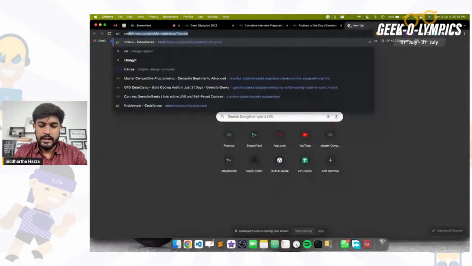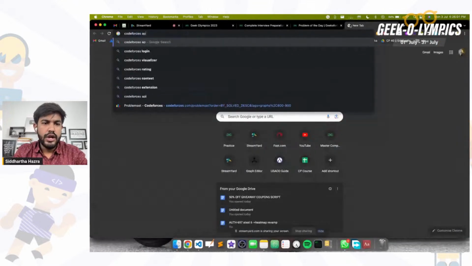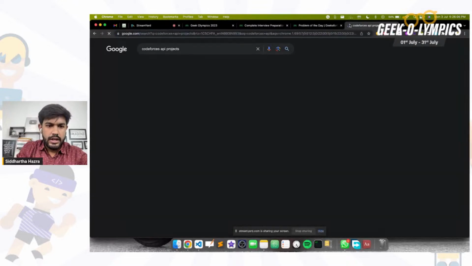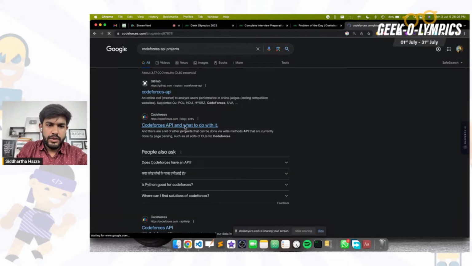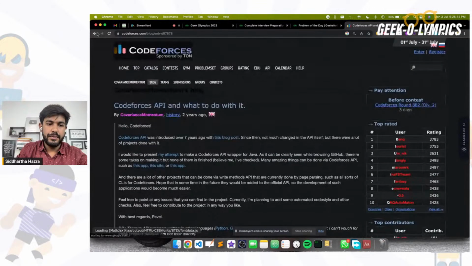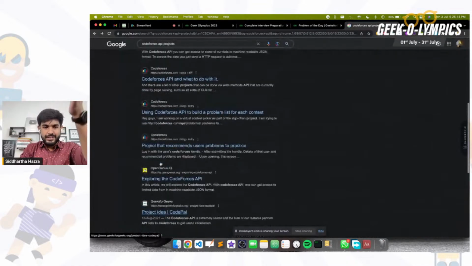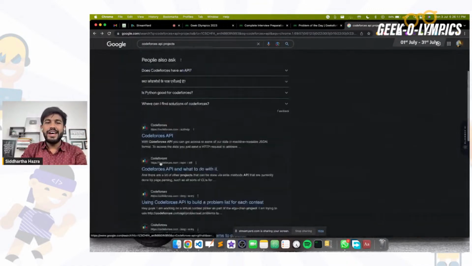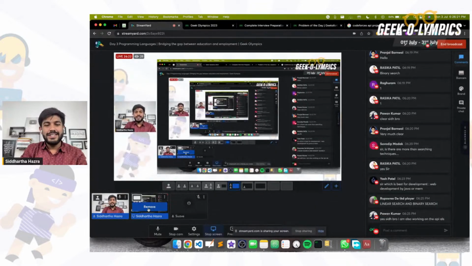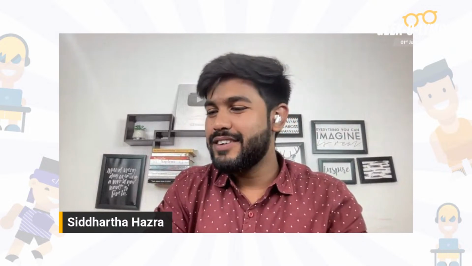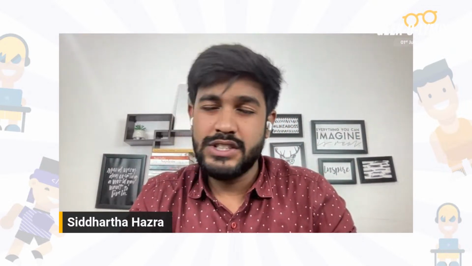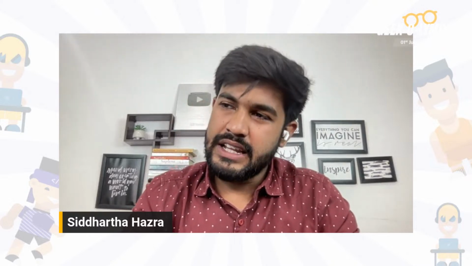Just search something like Codeforces API project, just as an example to show you. You can just see for yourself, I won't go this deep. You can just use this API and directly integrate it in your projects. And knowledge of HTML, CSS, and JavaScript would be enough to move forward. These are the two things that I did, and this was just a glimpse to show you that yes,